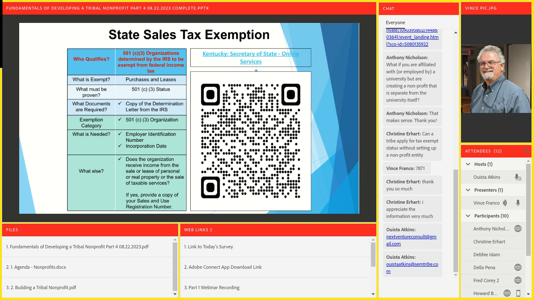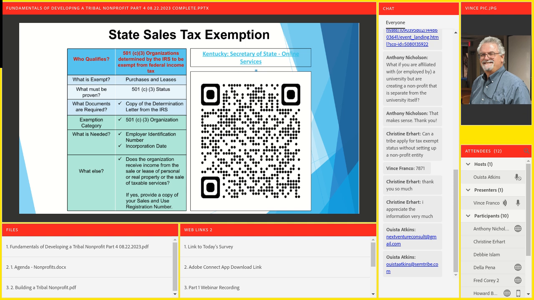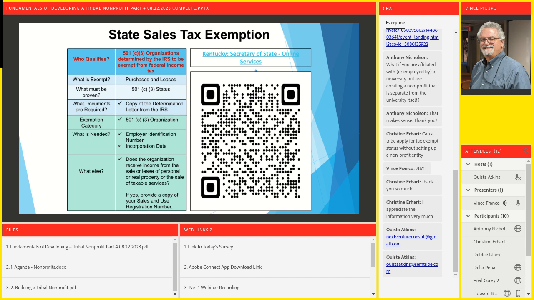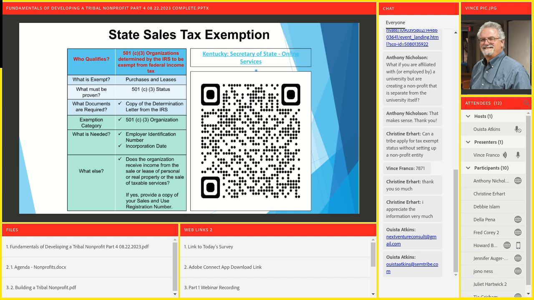So, sales tax exemption for a nonprofit in Florida is pretty easy. You'd send in your 501c3 determination letter from IRS. You send it along with it, probably your articles, your EIN number. Those are documents you already have on file, and anything else that you might think is important. You send it in, and you should have sales tax exemption within a week or two. And there's probably a fee. Florida, I think there's a small fee for it. We're not talking a whole lot, but there is a fee.